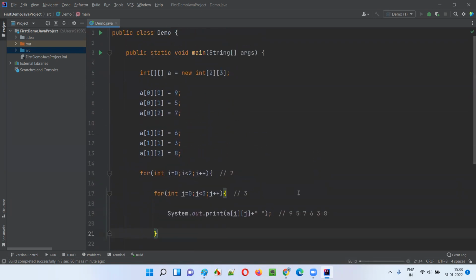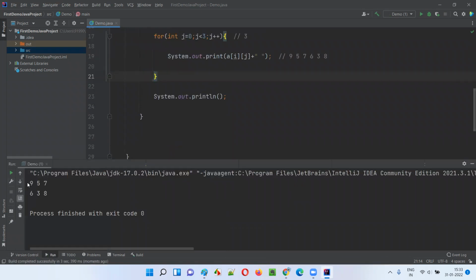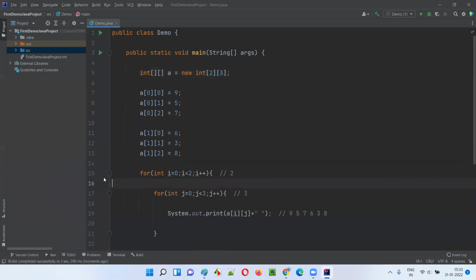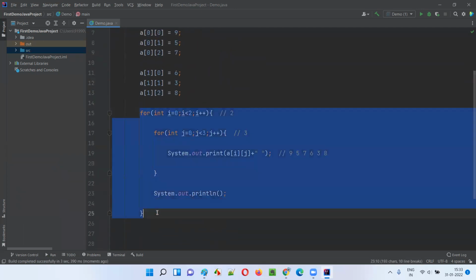This time you'll get the tabular format, guys. Rows and columns wise, it will be printed. You see 957, 2 rows and 3 columns, right? Here you see 2 rows and 3 columns, 957, 638. Okay, guys. So this is the two-dimensional array, and this is how we have to use the normal for loop